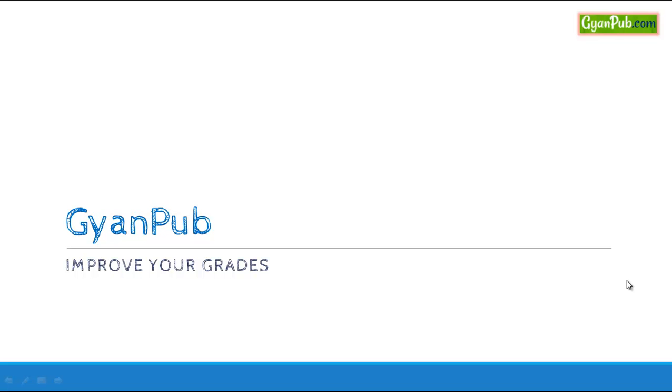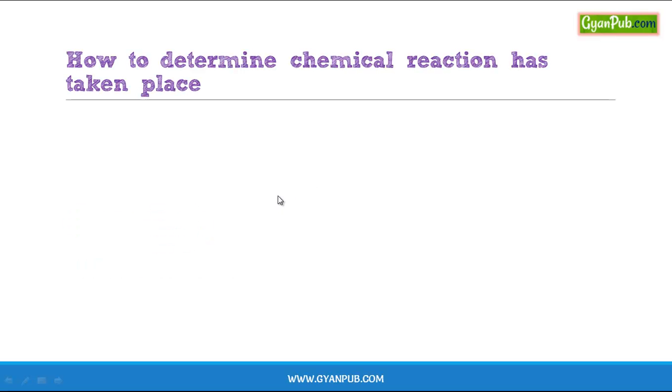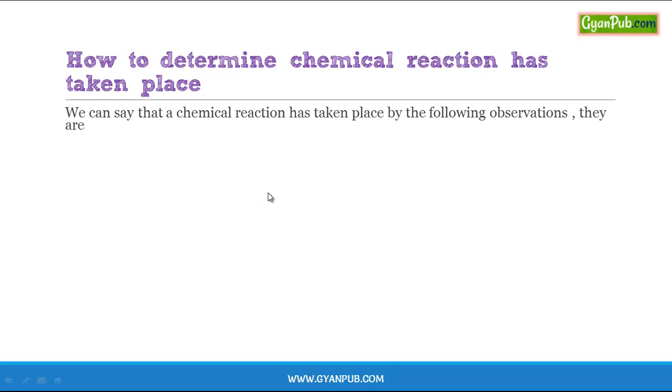In this session, we are going to learn how to determine whether a chemical reaction has taken place or not. We observe many chemical changes and reactions in our life, but how can we determine that a chemical reaction has taken place? There are some changes by which we can conclude that a chemical reaction has taken place. The first is change in state. Whenever we observe the change in state of the initial substance, from solid to liquid or gas, liquid to solid or gas, or gas to solid or liquid,